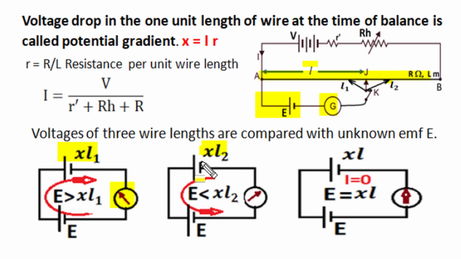Again the difference of two voltages in the local loop circulates a current, and this time the current has the opposite direction in the galvanometer, so the deflection of the galvanometer is reversed, and surely there is an in-between position. There exists a suitable length L, where the jockey is placed on the wire, at position J, such that the wire length voltage XL becomes equal to the unknown voltage, and in that case, due to